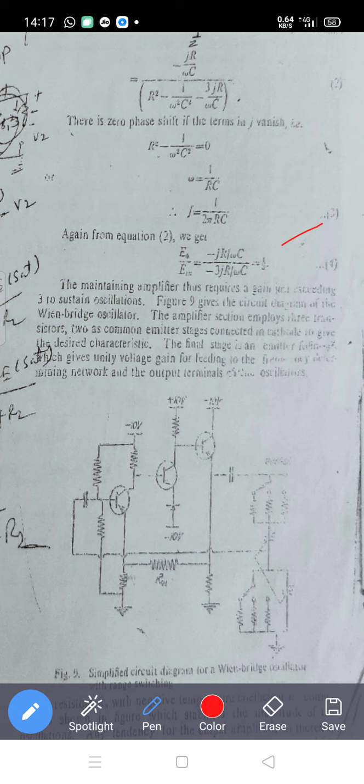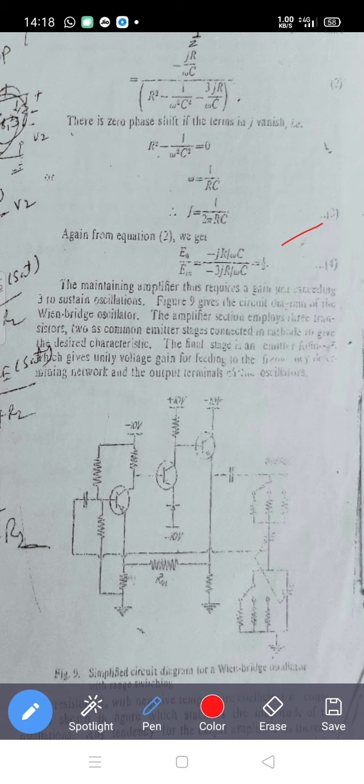That is the meaning. So this is a very simple and easy oscillator to understand as compared to the others. So you only have to draw the diagrams, the network and the simplified circuit diagram of the Wein oscillator with the range switching, and just find the E0 by En ratio. Now this is the last article of this unit third.